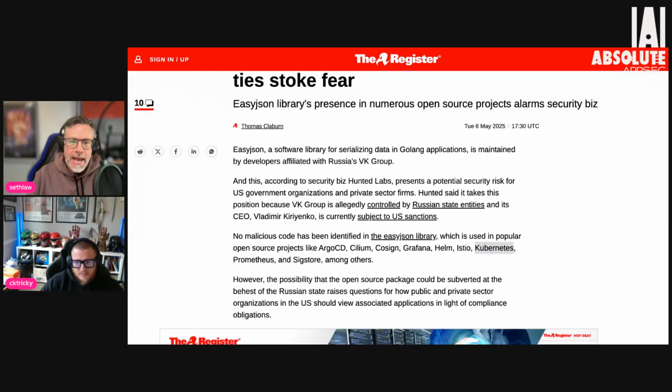As a third party, I can't come into every one of my companies or every one of my clients and say, hey, easyjson's a concern, you need to rip that out, because they don't have a good vulnerability management process in place as it is, and the developers may or may not actually have control over any of this as they're pushing it out the door. And I realize that's a cop out, but I can't do that for every one of these that